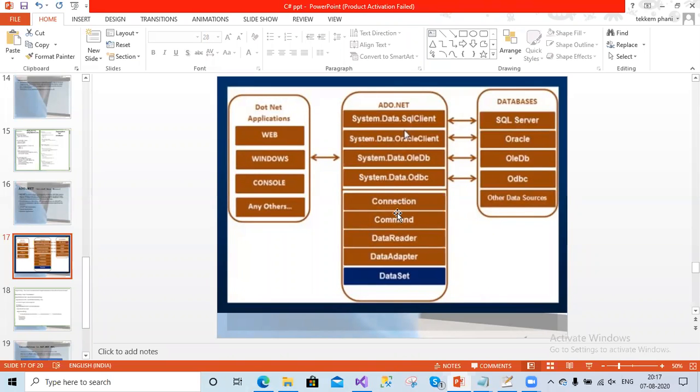And here are the few command instructions that we have to follow. Let us see some examples. First, we have to create a connection, and then we have to pass the connection to some command. The command can be a select command, an insert command, or a delete command. Anything you can do. When you perform that operation, it will return the data. If you are performing a select command, it will get the data. If you are performing an insert command, it will put your data inside the database. And after getting the data, you can collect that data using the DataSet class.